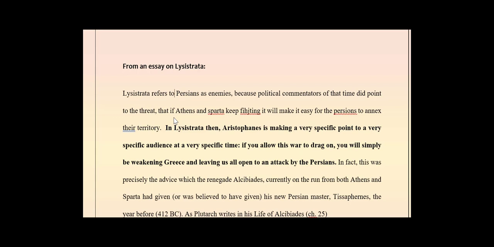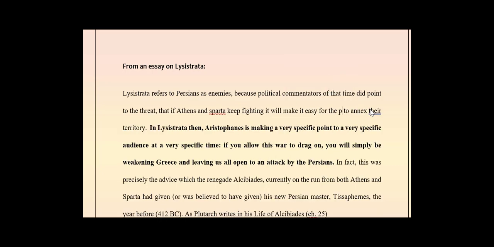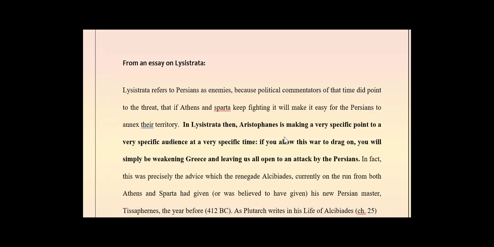So when Lysistrata is giving these speeches, she refers to Persians as their enemies, because at that time political commentators did point to the threat that if Athens and Sparta keep fighting this war, they will make it easy for the Persians to actually be able to annex their territory. And this is what happens. So Lysistrata,